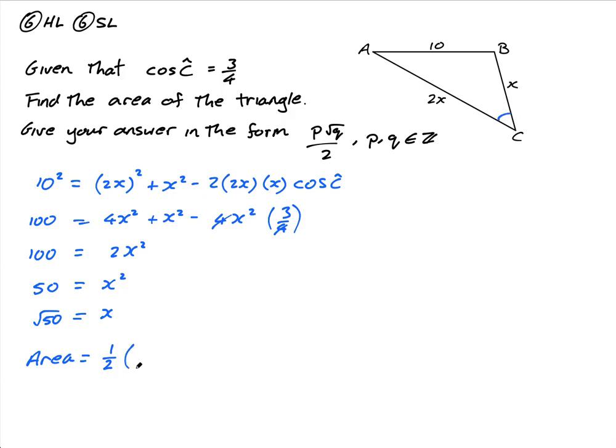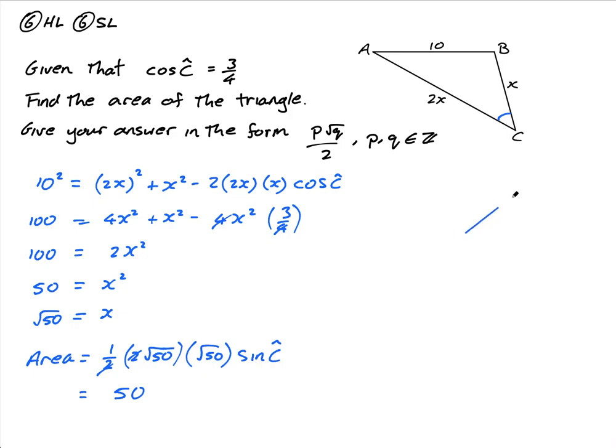So it's 2 root 50, that's my 2x, times 1x, which is just root 50, times sine of C hat, that's the sine of this angle. Now, these 2's cancel nicely, and root 50 times root 50 is just 50, so it's 50 times sine of C hat. Now I don't have a sine of C hat, I have cos of C hat, but I can find it nice and easily. I could use the Pythagorean identity, cos squared theta plus sine squared theta equals 1,